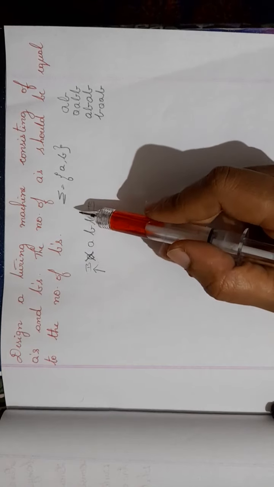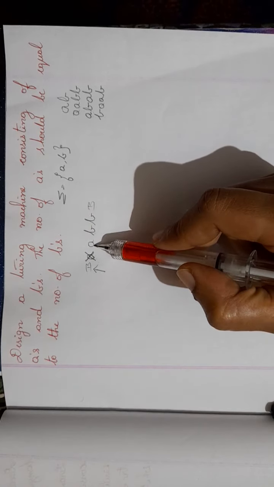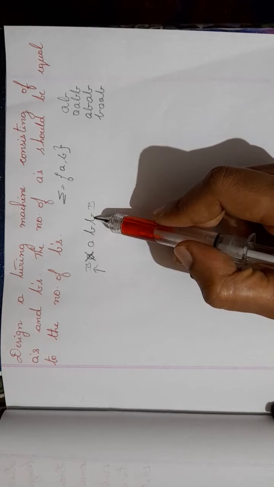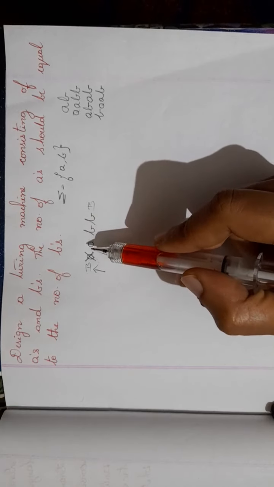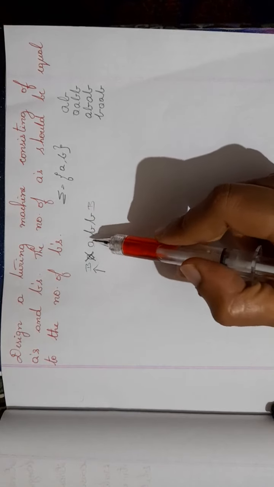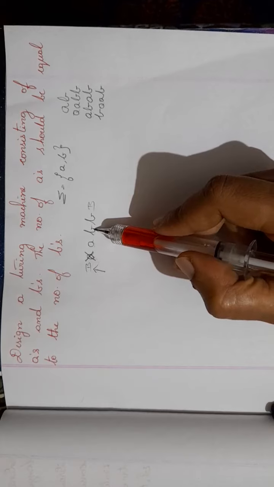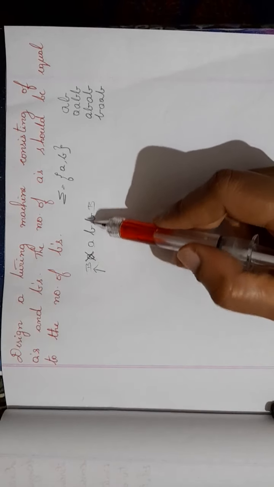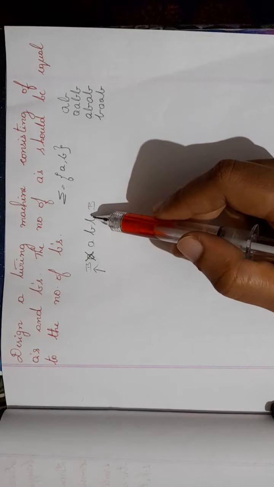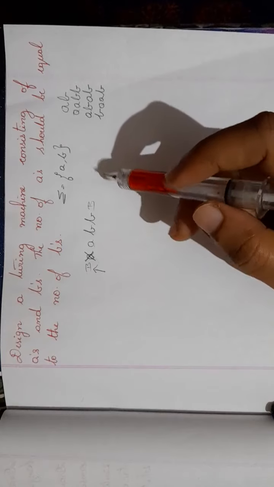Once again, I'll go for one more combination. I'll make one more A as X. Meanwhile, I'll change one more B to Y. So for every A, I'll change it to X, and for every A, I'll make changes with respect to B. So finally, the number of X's will be equal to the number of Y's, which tells that the number of A's and B's are equal.